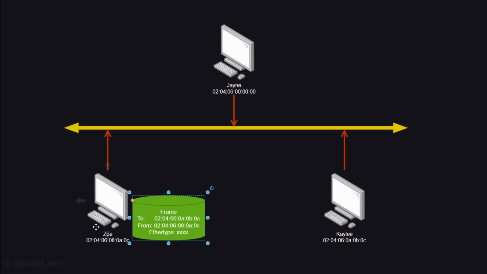But what if Zoe actually wanted to send it to Jane and Kaylee? Well, then she needs to send a multicast packet that's for multiple destinations. So there are some special values of MAC addresses that identify multicast frames. So in particular, if this byte here is odd, or it starts with a 1 bit, then it's a multicast. So if we flip that 2 into a 3, this least significant bit of this byte now means a multicast